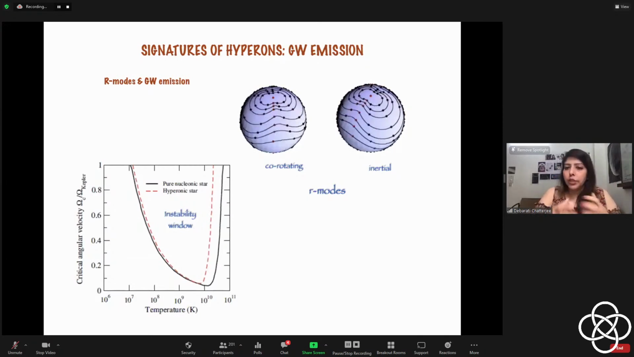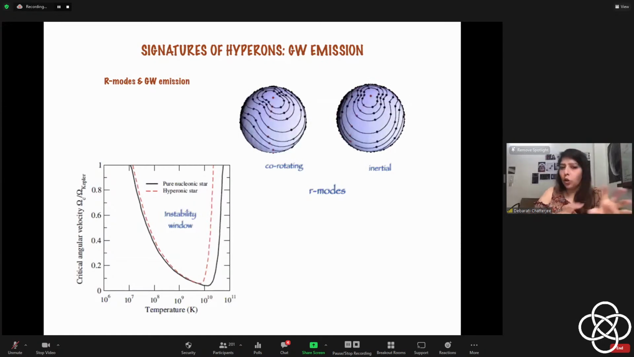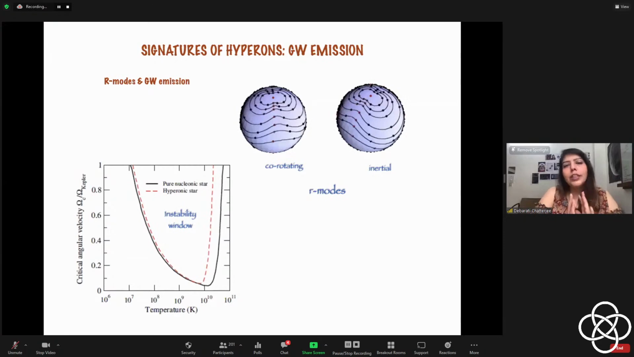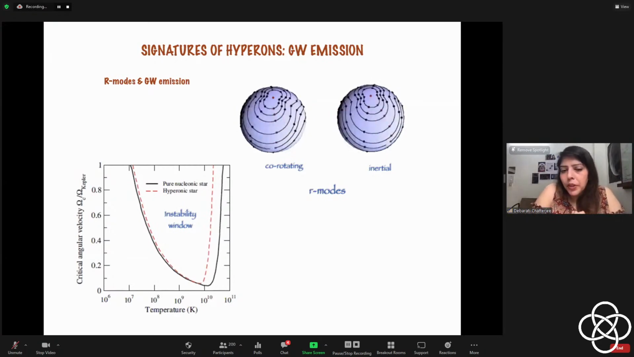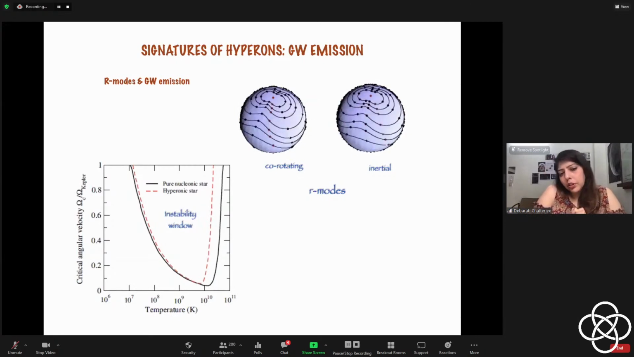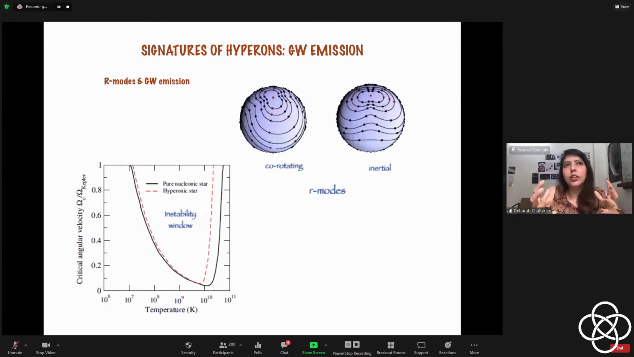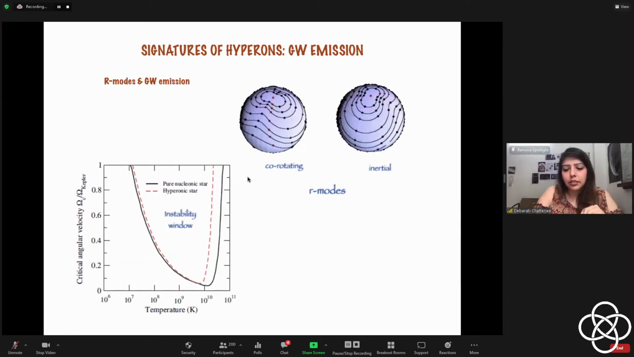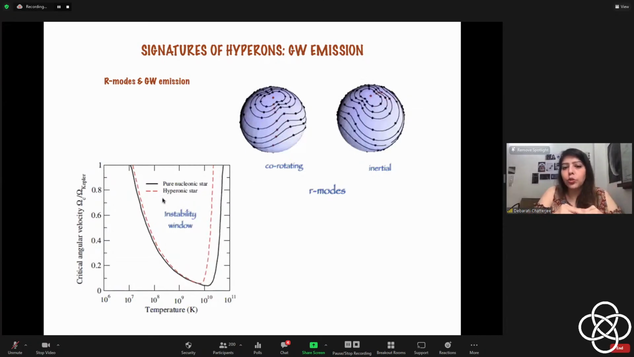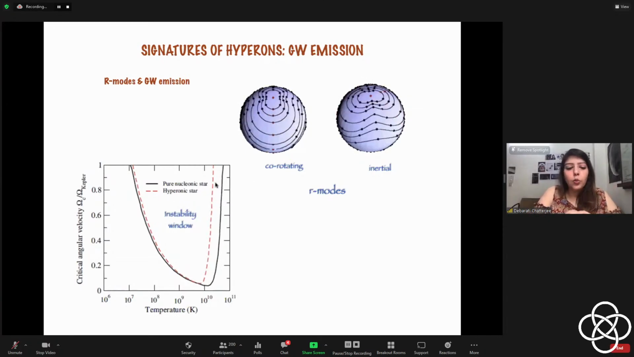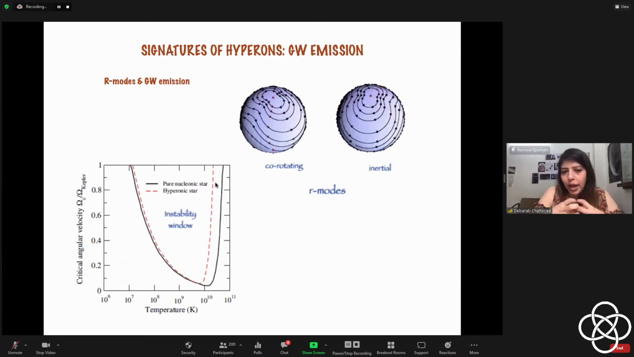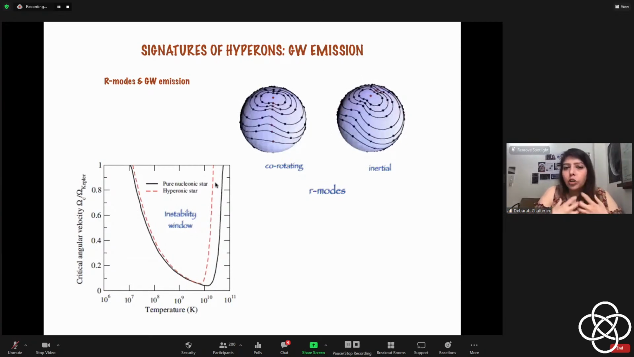It is only there in rotating stars, rapidly rotating stars. And again, this is complicated physics, but the main point is: if hyperons are present, how would it affect R modes? So if there were no hyperons, what happens is that these unstable modes, whether or not these oscillation modes are unstable, depends on what kind of composition you have in the interior, because this composition gives it